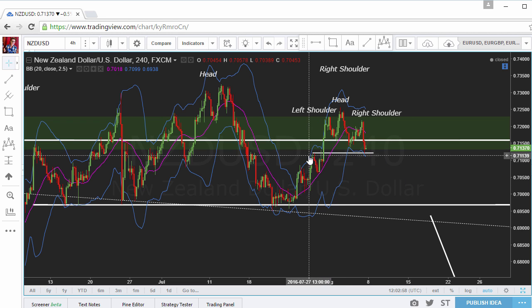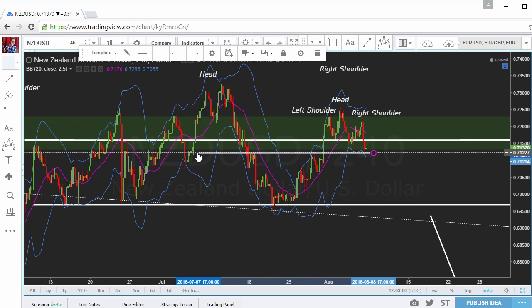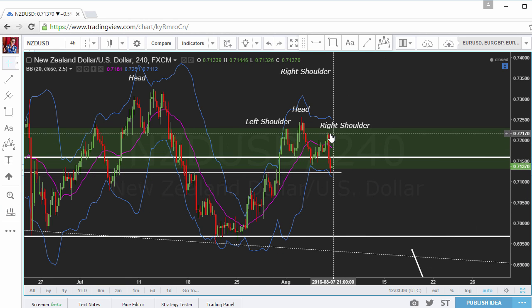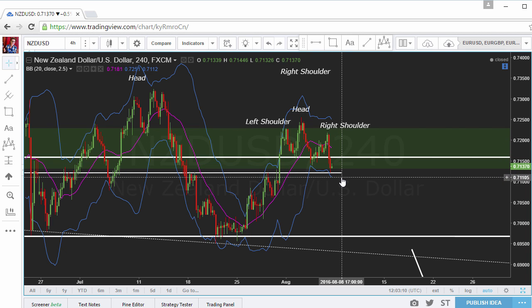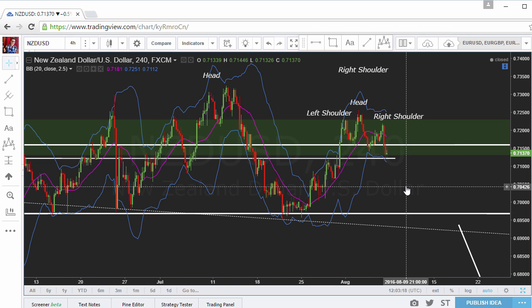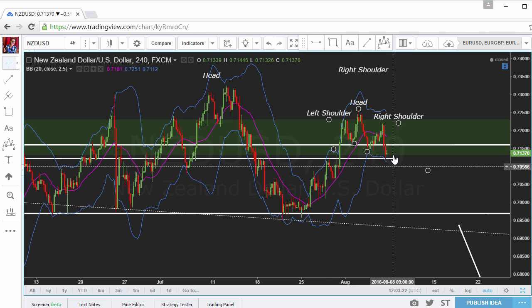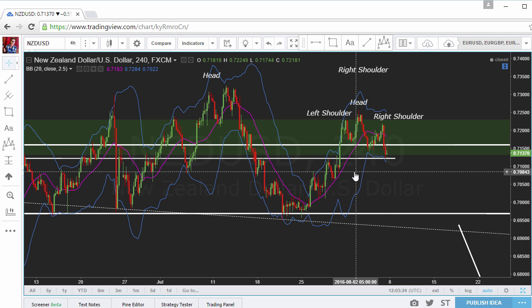You can see price has used this level previously as support and resistance. And now recently on the sell-off after the right shoulder, price found some support here. Keep in mind we had some good US data on NFP Friday, and then here we saw this large sell-off. So it makes sense from a macro and a technical perspective to see more bearishness going into this new